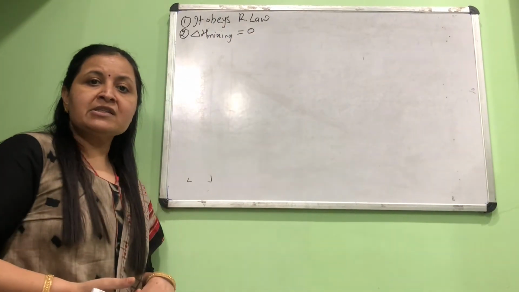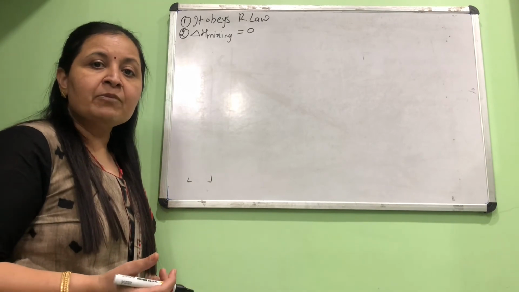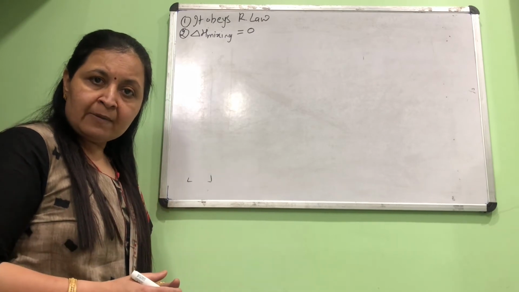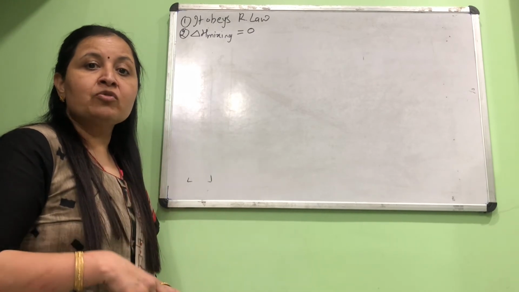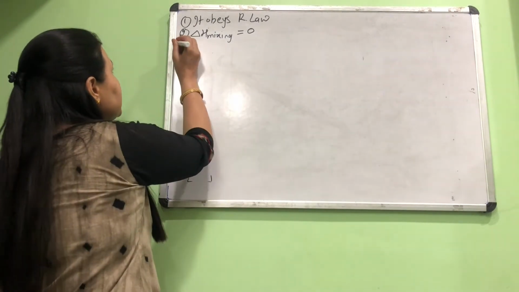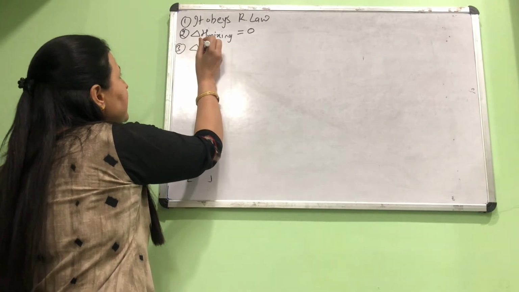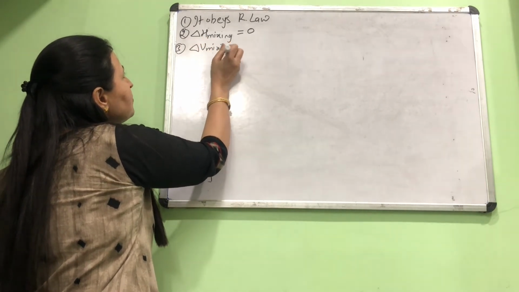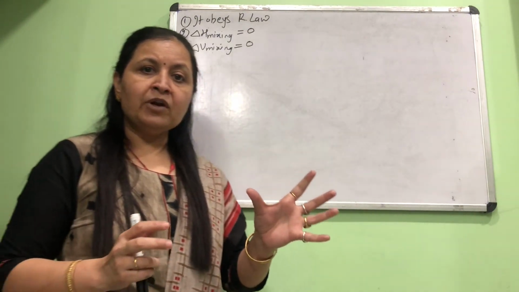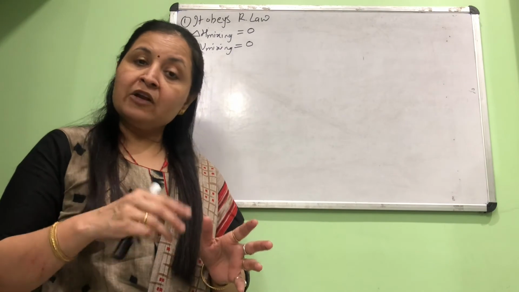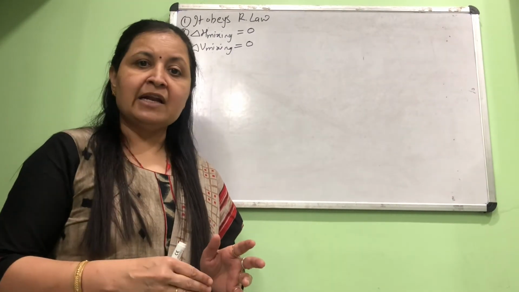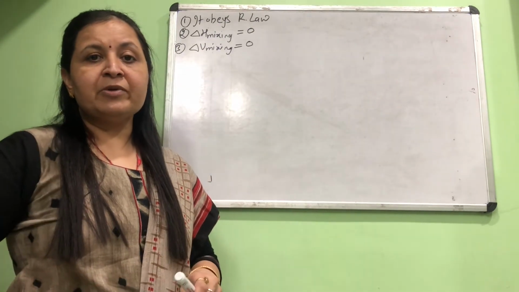From your 11th class thermodynamics knowledge, you know delta H is enthalpy of mixing. Enthalpy of mixing means when you are mixing component A with component B, no heat should be liberated and no heat should be absorbed; it should be 0. Then the solution will be called ideal. Another way to decide whether the solution is ideal or not is that delta V of mixing should also be 0. What is delta V of mixing? If you are mixing 50 ml of component A with 50 ml of component B, the total volume should be 100. It should not be more than 100, it should not be less than 100. Then in that case the solution is behaving ideally.